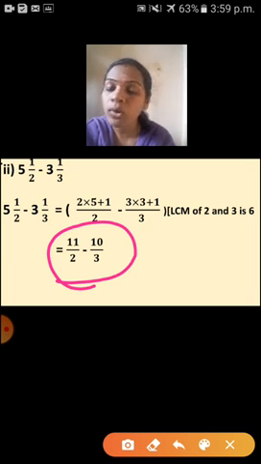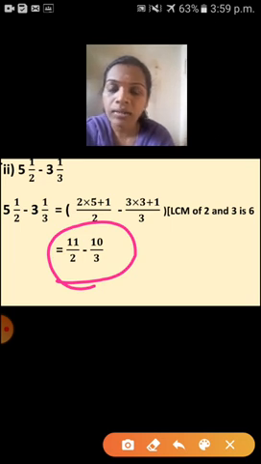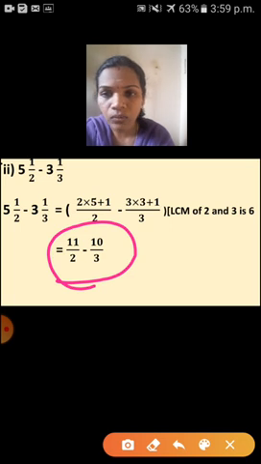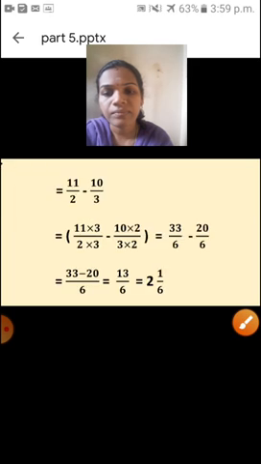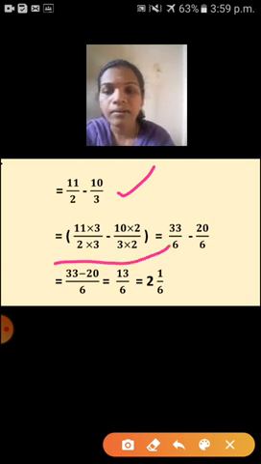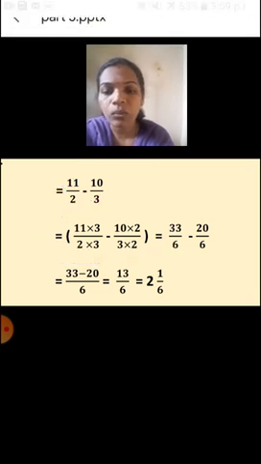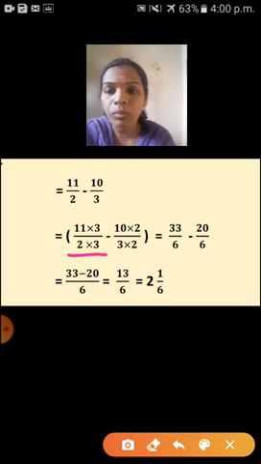So before that what you have to find? Very good, LCM of denominators, that means 2 and 3. LCM of 2 and 3 what will come? Can you say? 6. Already I have told, isn't it? So LCM of 2 and 3 is 6. So children, see here, LCM of 2 and 3 is 6, and here this first fraction 11 upon 2. So here 2 you have to convert into 6. How you have to convert? Yes, if you multiply this 2 with 3, you will get 6. So at the same time numerator also you have to multiply by that same number. So 11 into 3 upon 2 into 3.